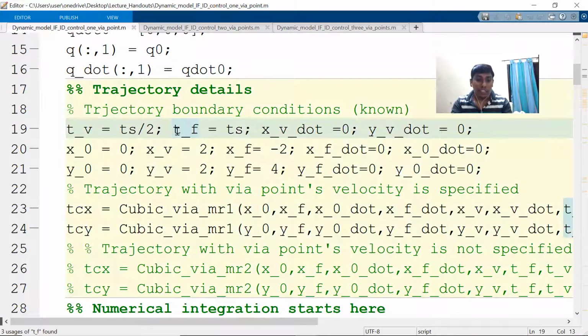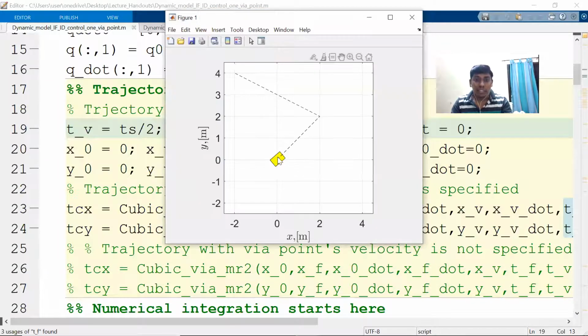Now in that case, if you look at the simulation, you can see this is the point which it goes across. You can see the vehicle is moving, and it is a controlled motion. Here we have used a simple computed torque control. We have not considered the wheel configuration, but still we can use it. Now you can see each segment's initial and final velocity is 0, so it is very smooth.